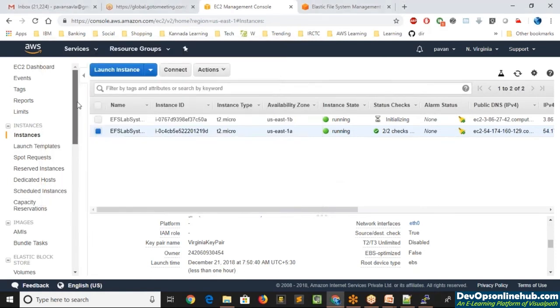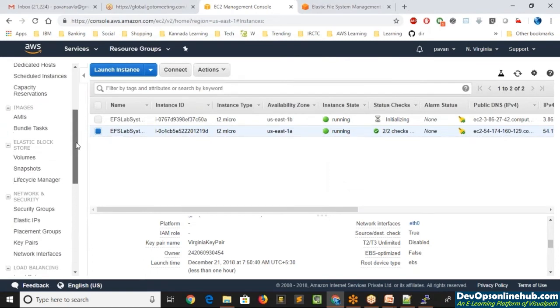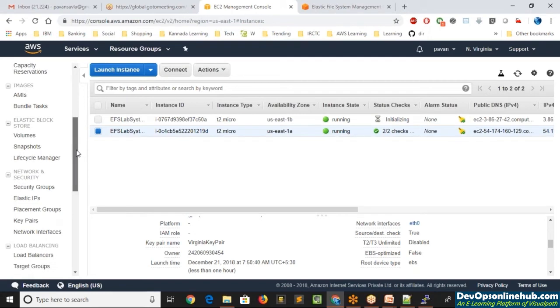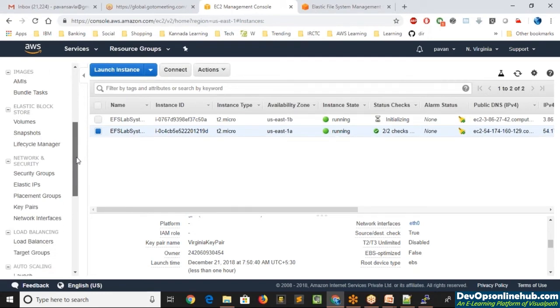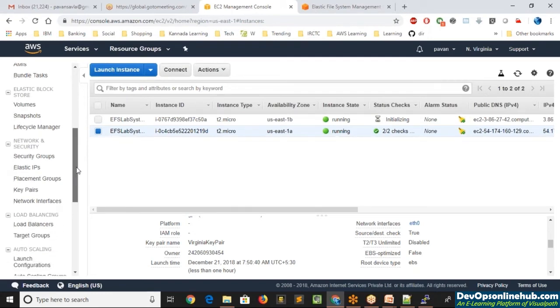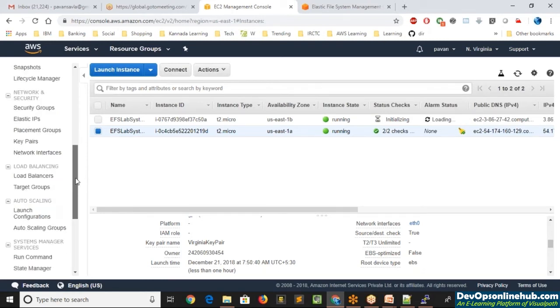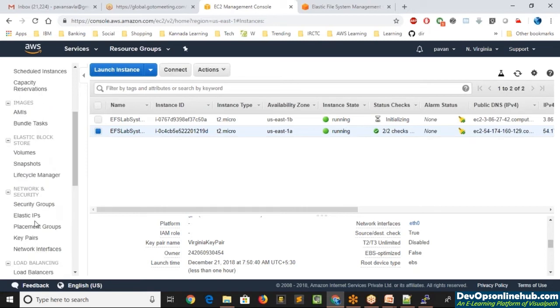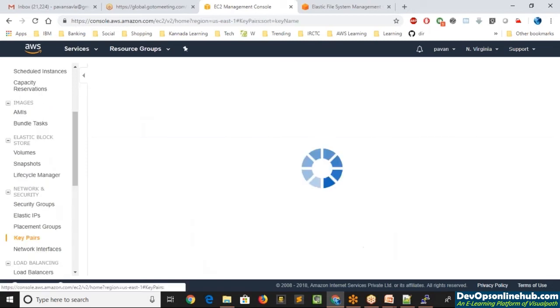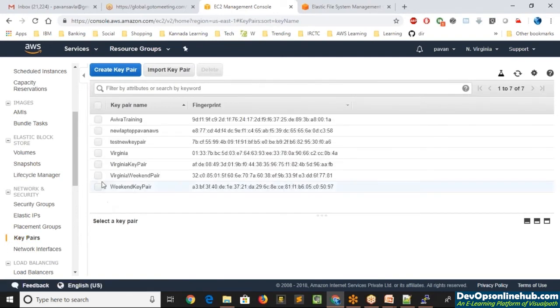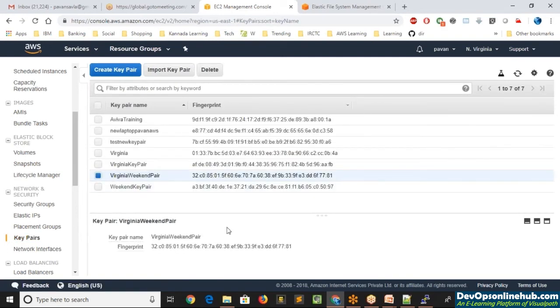Since it's been a very long time, I have not used this region, and maybe I have a different key as well. So let me check it once again. You can always go to key pairs and check when it was created. So this is the key fingerprint. Let's match it out if it is the same one or not.